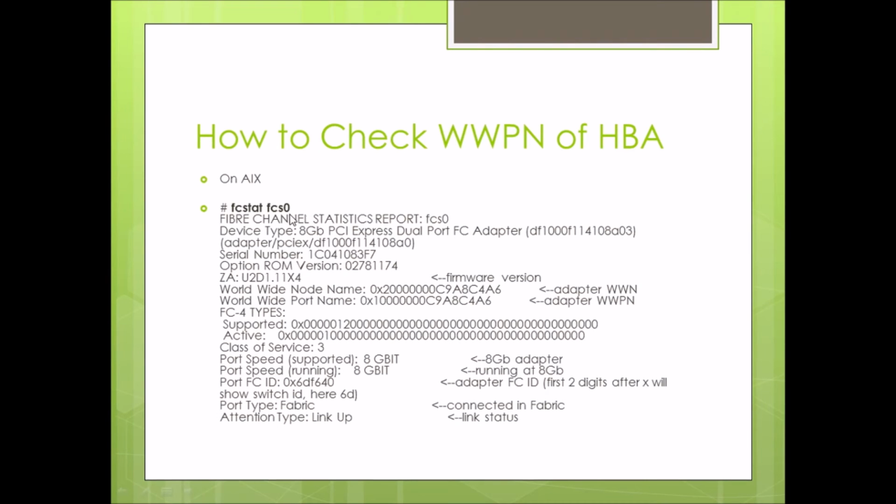So in our case it is fcs0. Now after firing this one, you can see the fiber channel statistics report. It is fcs0. It is an 8 Gbps supported port, and here we get the WWNN, that is starting with 20, and WWPN port number starting with 10. So this is also a 16-digit unique number.